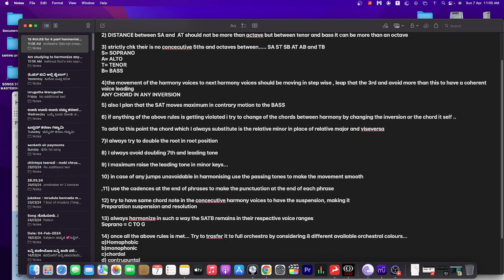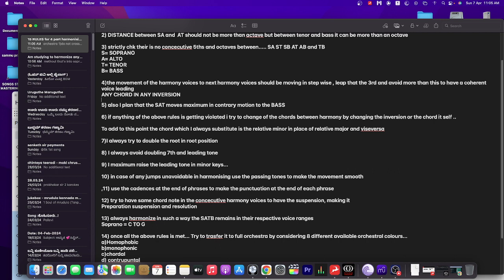Stepwise movement is very important for that. So the fifth point is also what I plan. You have to plan that the SAT moves maximum in contrary motion to the bass. This is not a very strict rule, but it sounds good when you move the soprano, alto, tenor voices in contrary